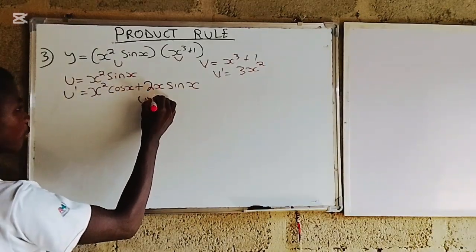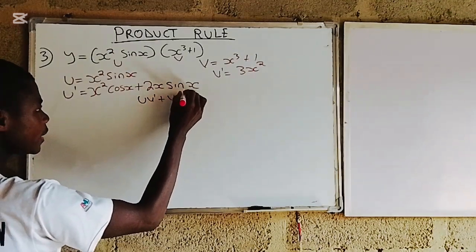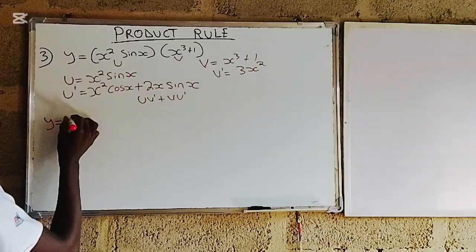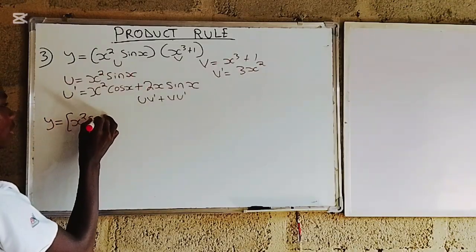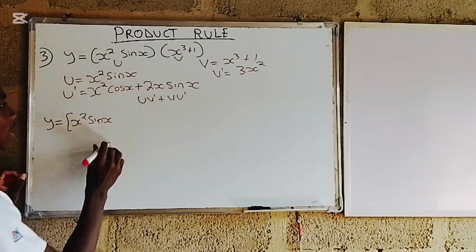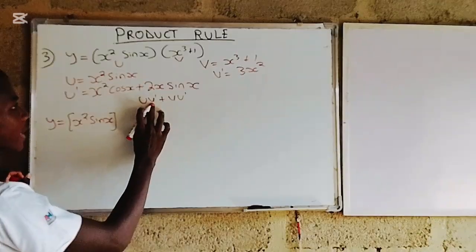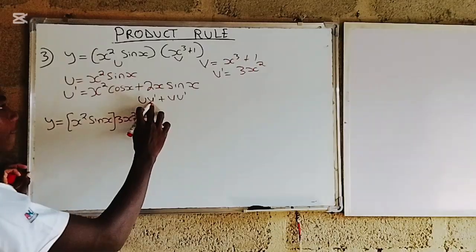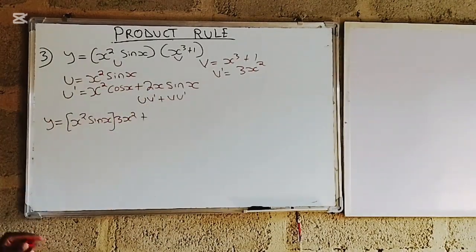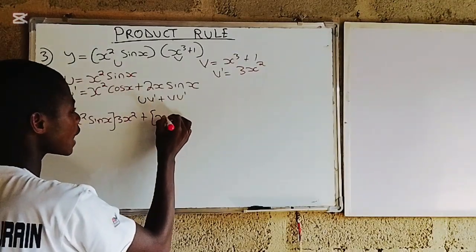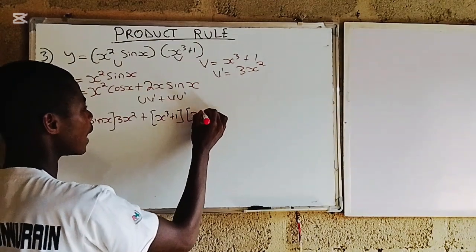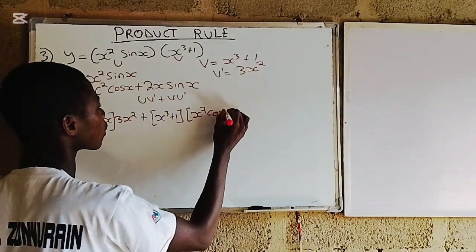The product rule: uv prime plus what? vu prime. U, what is the value of u? Which is x squared sine x, multiplied by v prime, which is 3x squared, plus the value of v. So what will be the value of v, which is x cubed plus 1, u prime, x squared cos x